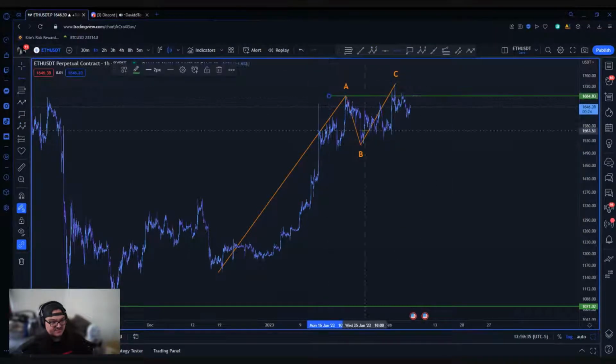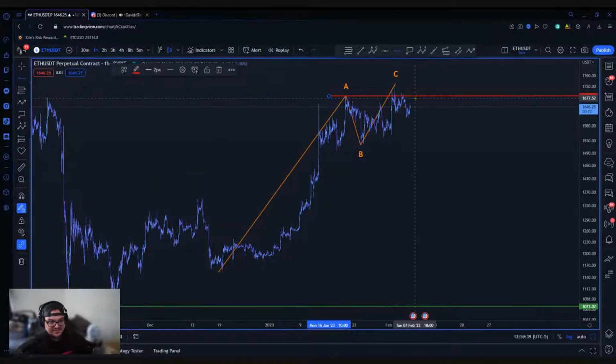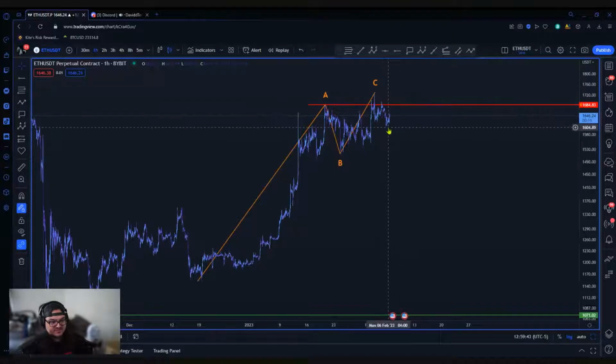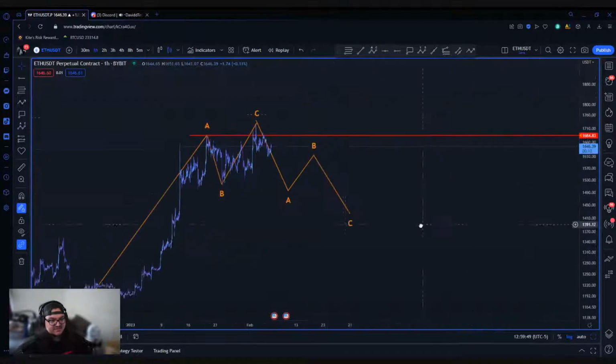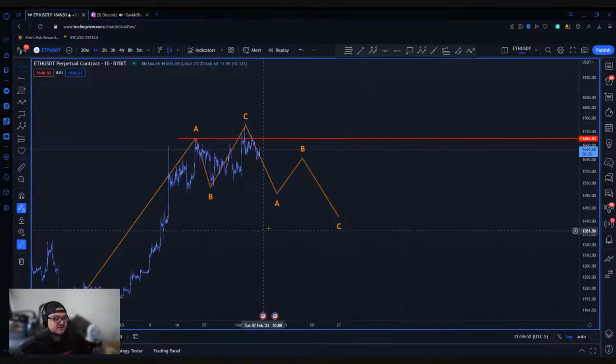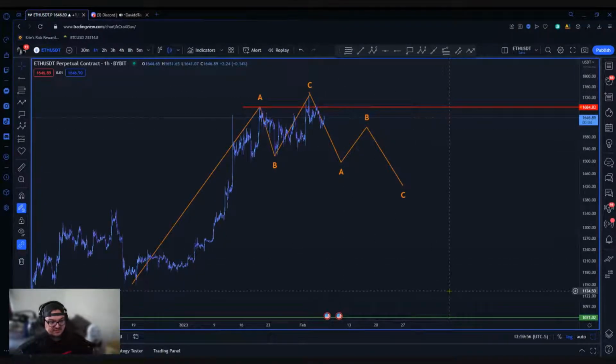So I'm currently short off of 1684. And as long as we're below this region, we might be fighting in this region for a little bit. But as long as we're below this region, to me, it looks like we want to come down, retest certain levels before coming back up and hopefully catching the next swing up. Or, if this is a larger reversal, we can go ahead and short and just hold it all the way down.